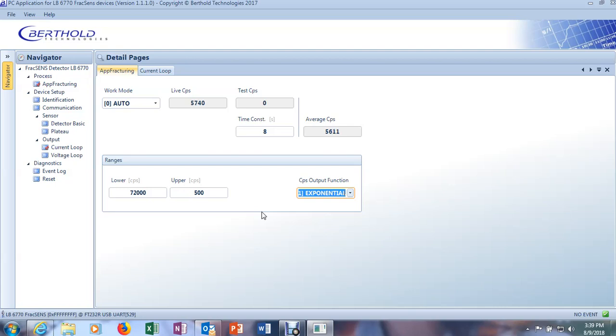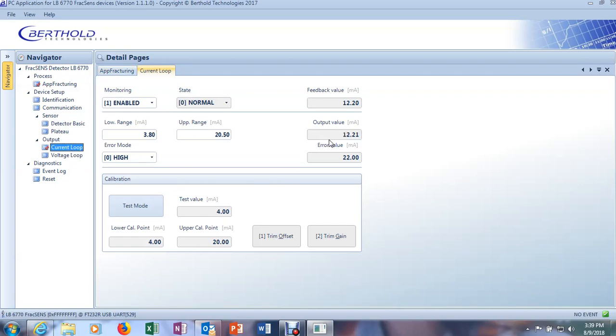And the reason I say that is because if you left 200,000 counts per second in there and your average CPS was 70,000, then what you would see in the current loop, instead of 4 milliamps here, you would see upwards around 8-9 milliamps starting out with. So